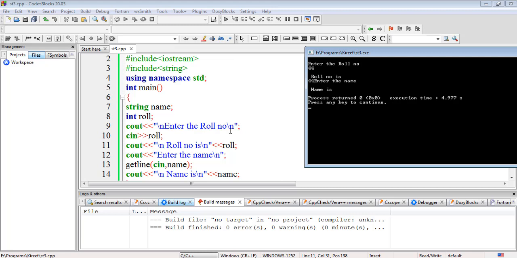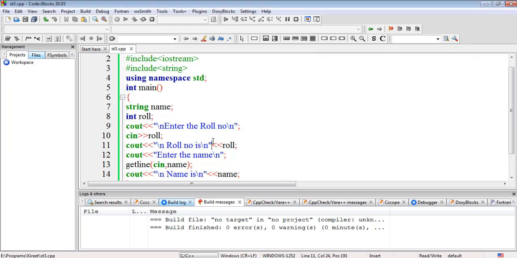It is taking the previous value, and the previous value is \n, that is the new line character. That's why it is skipping this particular name, because the new line character is being seen in the input buffer by the compiler. So now this has been skipped, and we are not getting the expected result that we want.